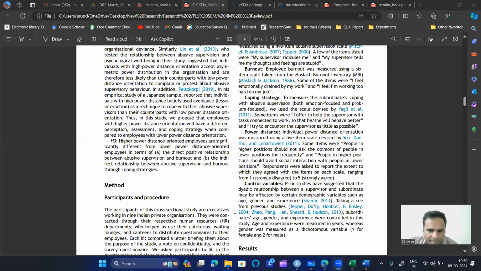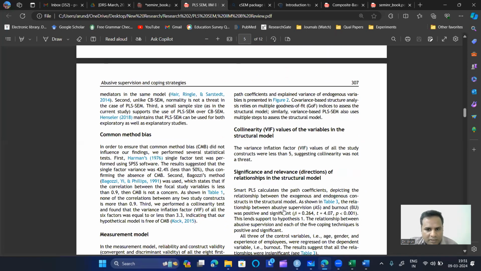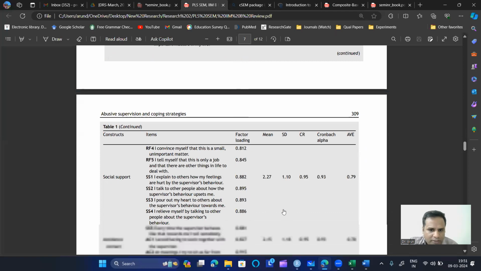See, here the authors have controlled for a lot of things. They are saying we control for age, gender, and experience. So they have controlled for age, gender, and experience. Later on, they did not perform multi-group analysis for age, gender, and experience. But now, if you focus here,